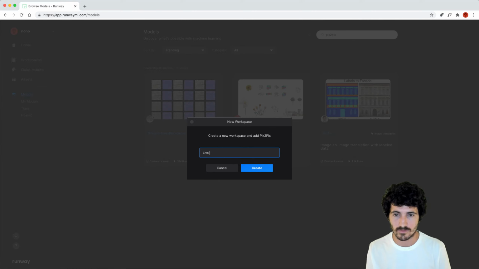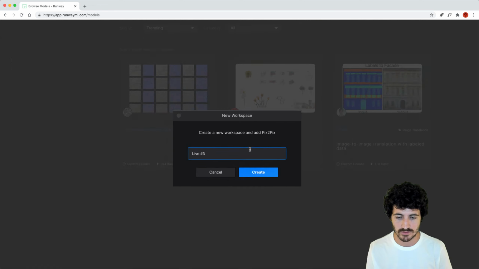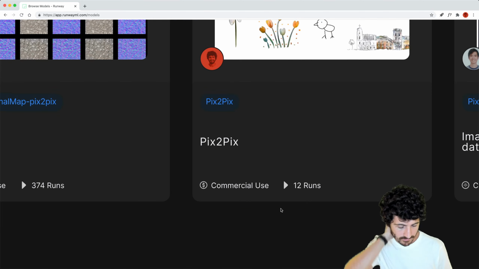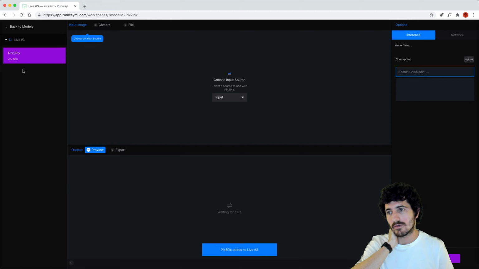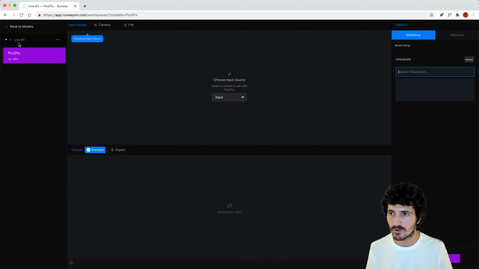And we're gonna do, so live stream 3, for instance. So we're just gonna add a title here. And now I have the model that can run on GPU. I can't run it locally because